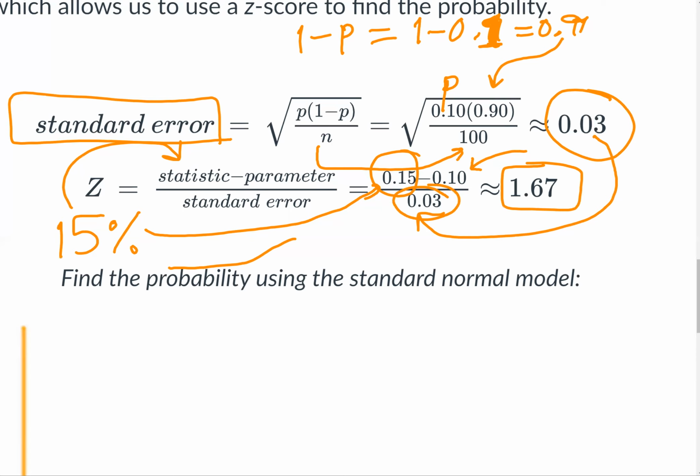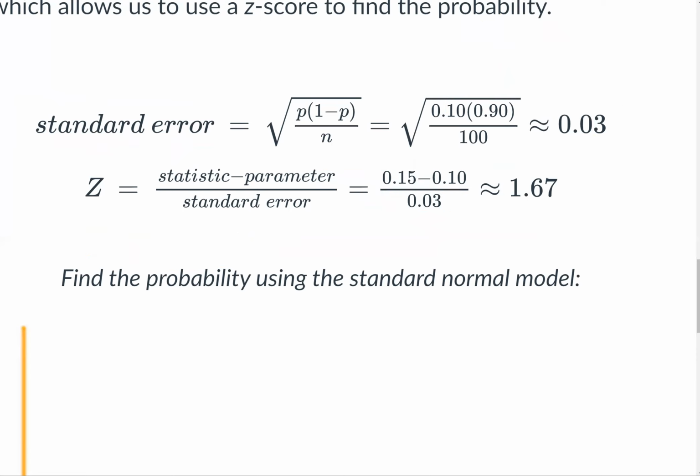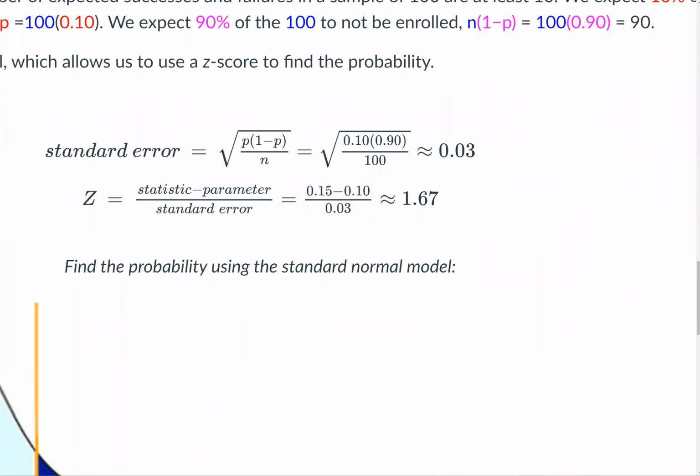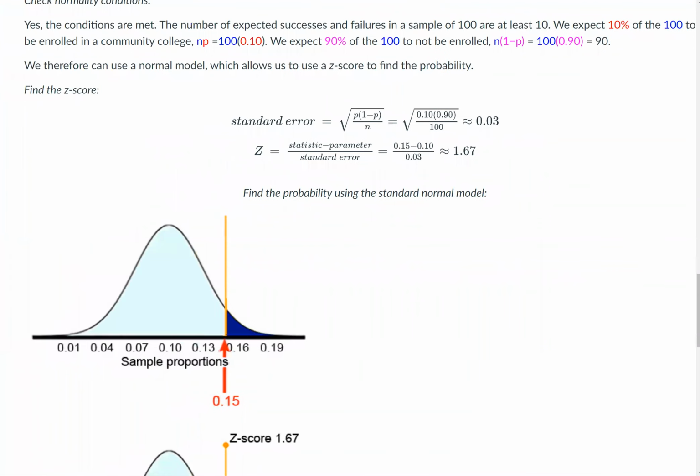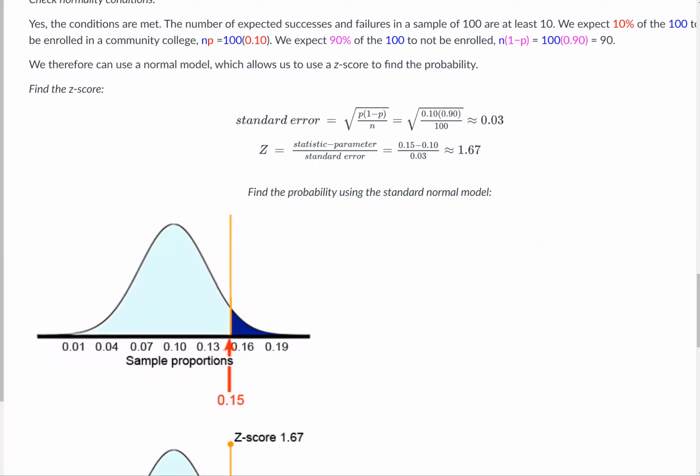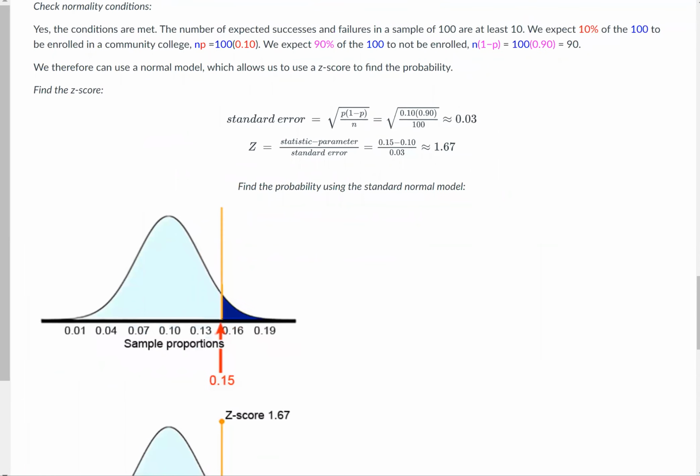Okay, I'm going to zoom out now. Now that all those ideas are nailed down, just making sure it all makes sense. We'll find the probability using the standard normal model. Okay, let's look at that. So here's a normal model. This is not something you would be expected to find. Some mathematician or statistician came up with this model, but that statistic they were interested in that they asked about,